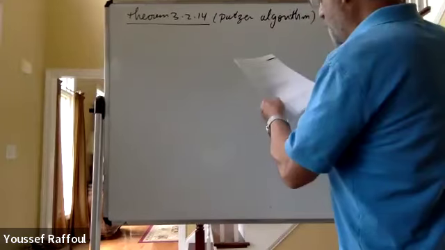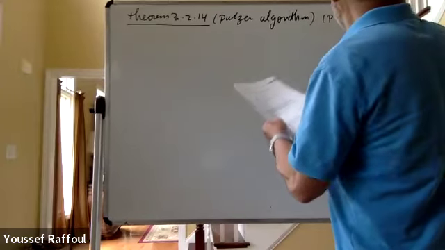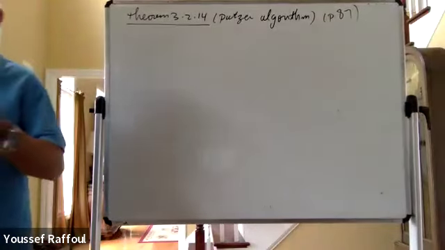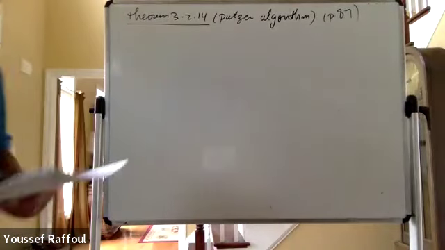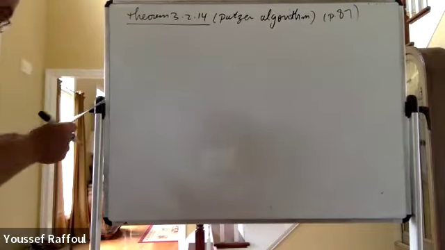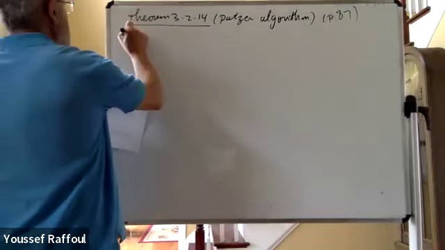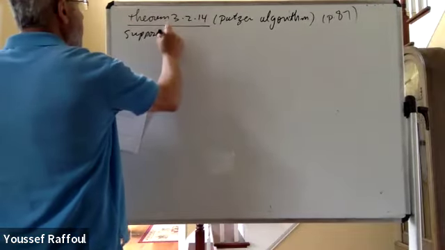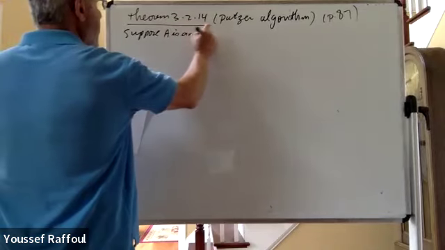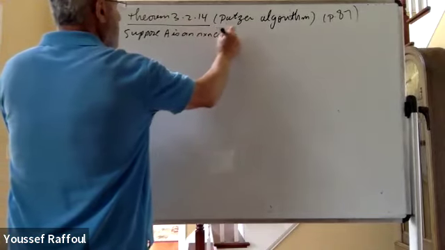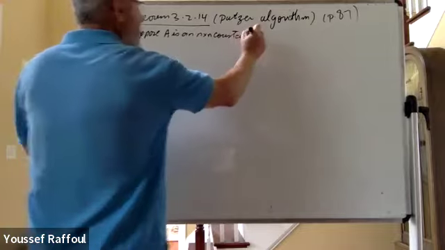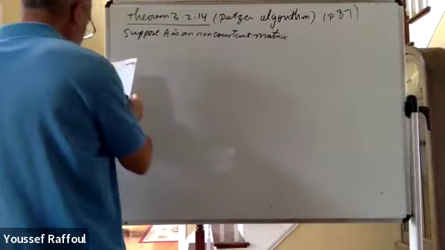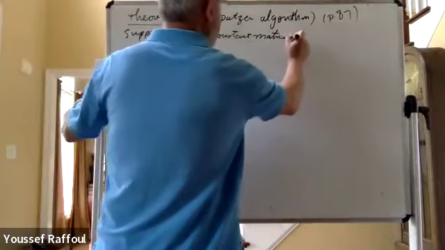This is on page 87. I will ask you to do the proof. Suppose A is an n by n constant matrix,